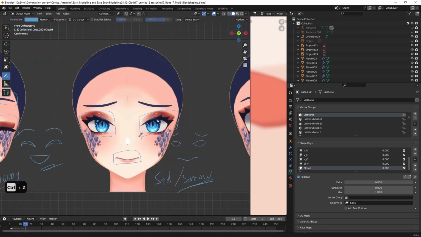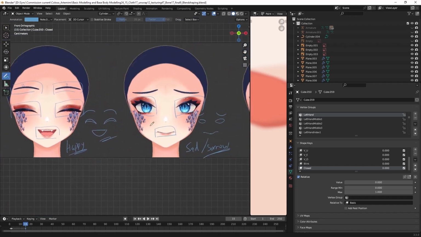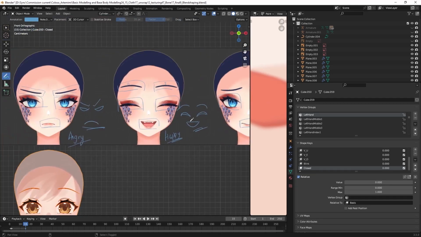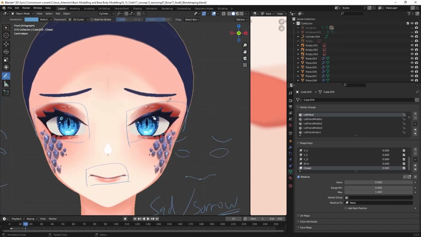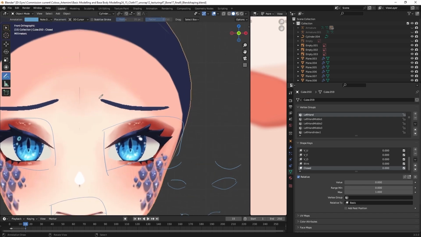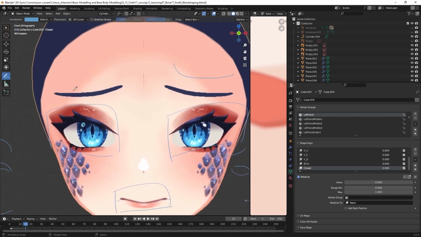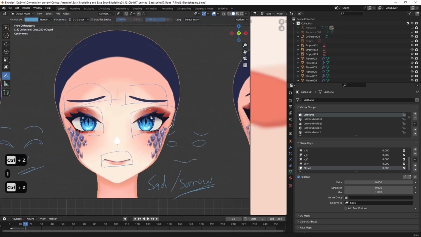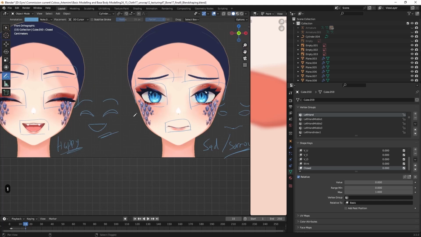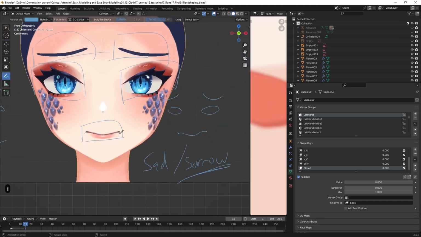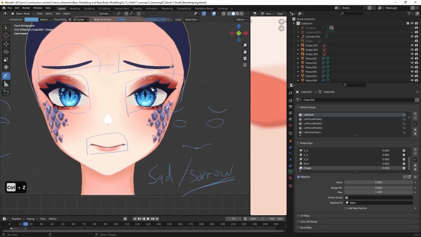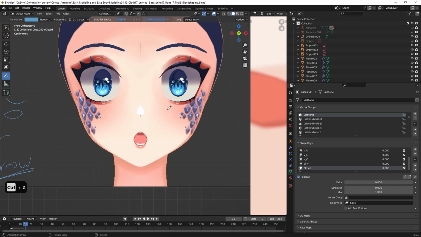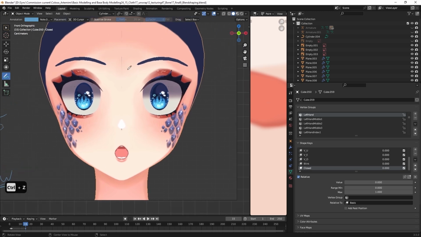And then this eye will have a mark here. So it's kind of a sad expression, and then we're gonna have the eyebrow to be like this. So we're gonna edit this eyebrow. Okay, so still the same with the other ones, we will edit our mouth, eyes and eyebrow.